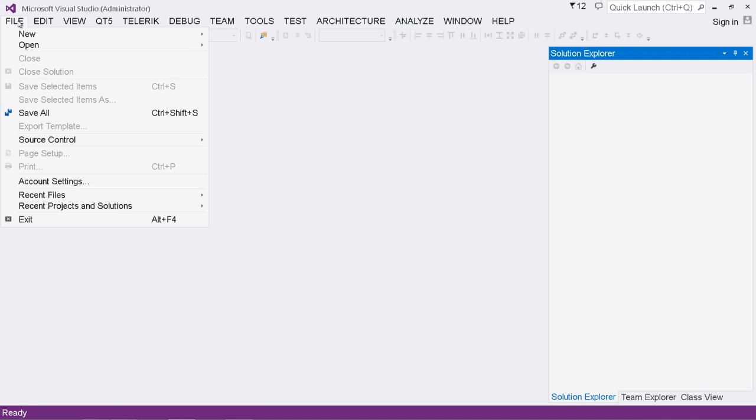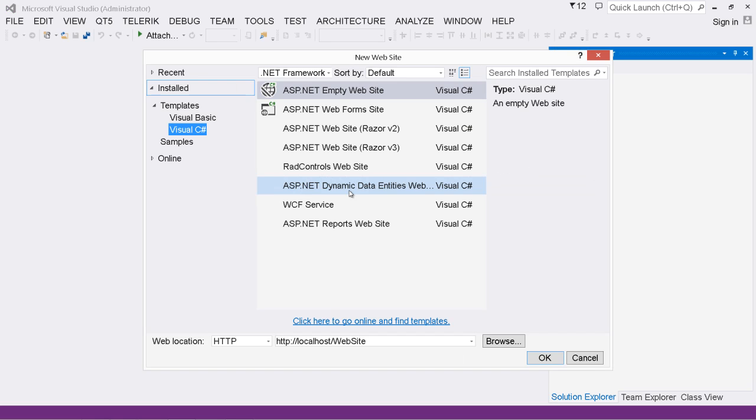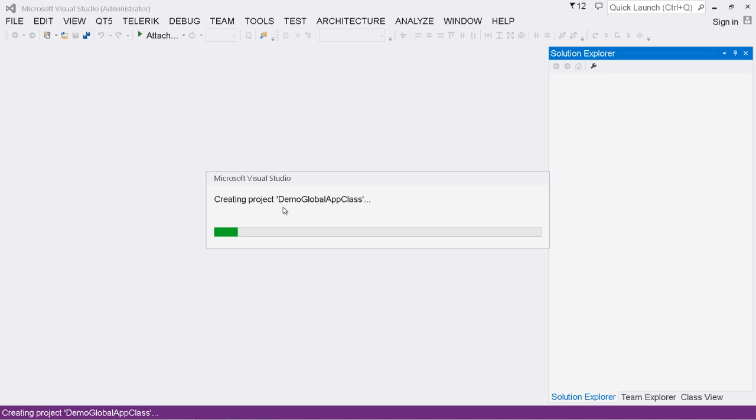So we will create a new website, file, new website. We'll give a name to the website and we'll select C# as the language. So select C#, select ASP.NET empty website, select HTTP as the location so that the website is deployed in IIS directly. We'll call this demo global application class. Click OK. So we have an empty website now,